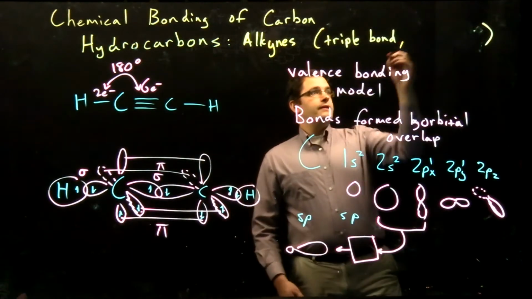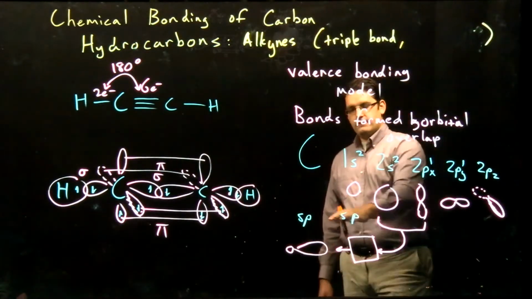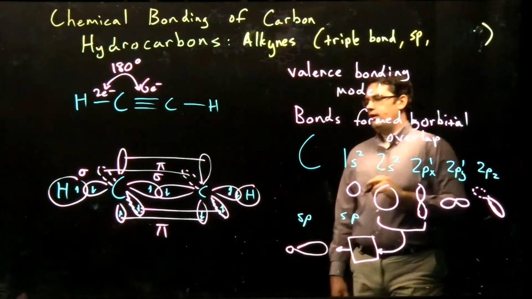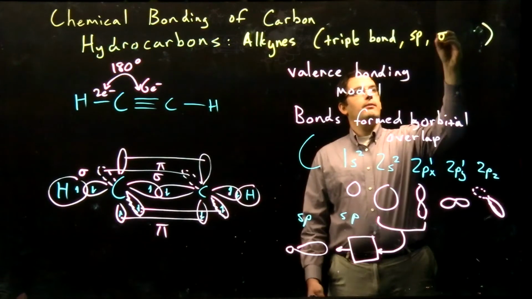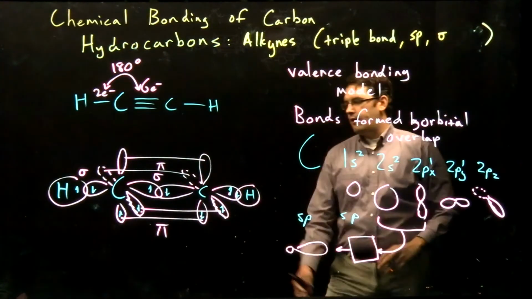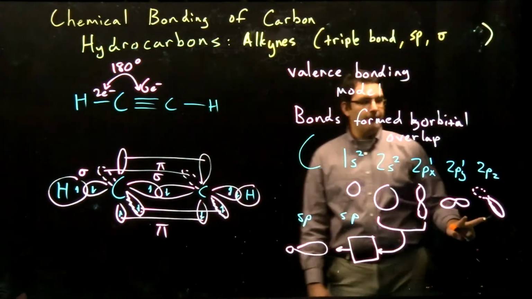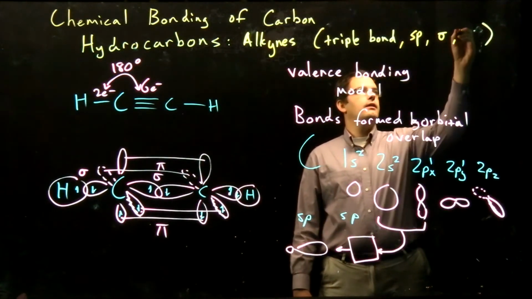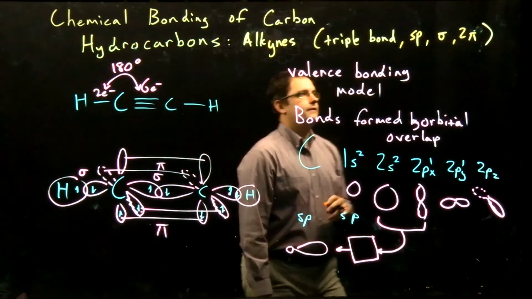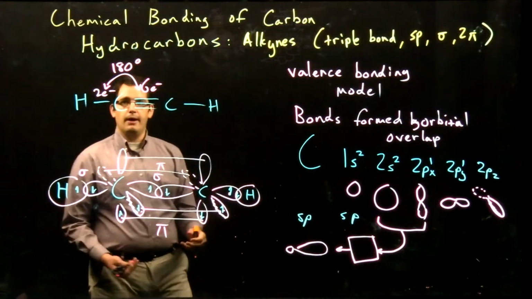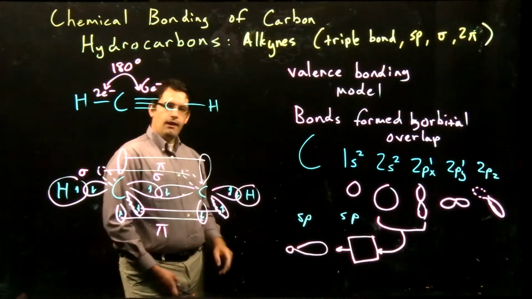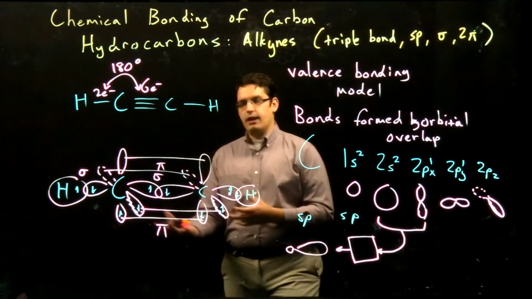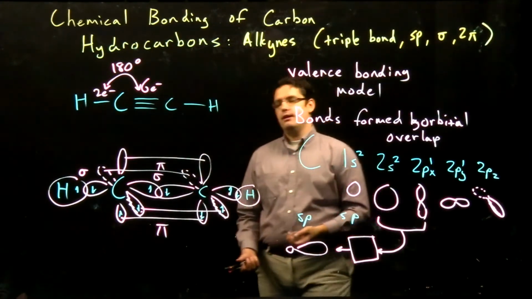So again, we can summarize this. Our triple bond results in sp orbitals, and we have those sp orbitals participating in sigma bonds. We also have our p orbitals that were left over that are being used to make 2 pi bonds. So we have 2 pi bonds now to form our triple bond overall. And this will be the main characteristics of our alkynes, resulting in a unique structure compared to our alkenes and